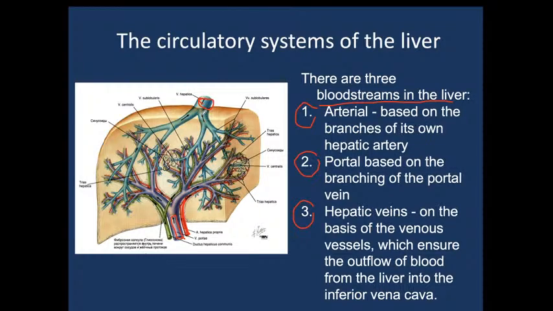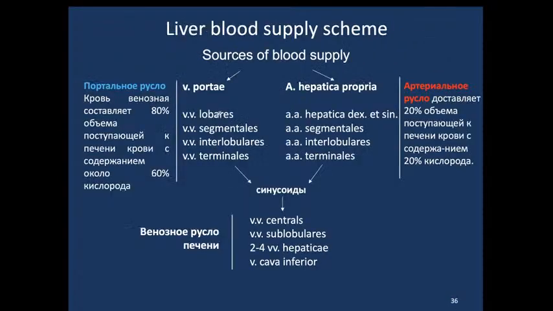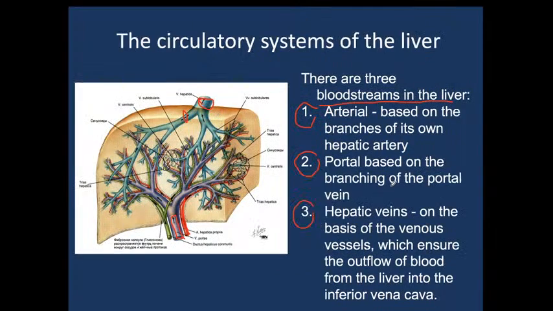Here are usually 3-4 hepatic veins which come into the inferior vena cava, and this is necessary because a lot of toxic substances come from the digestive organs, and if they come directly to the inferior vena cava, it is very dangerous for life, for a human, because these are toxic substances. They could kill people in 20 minutes.